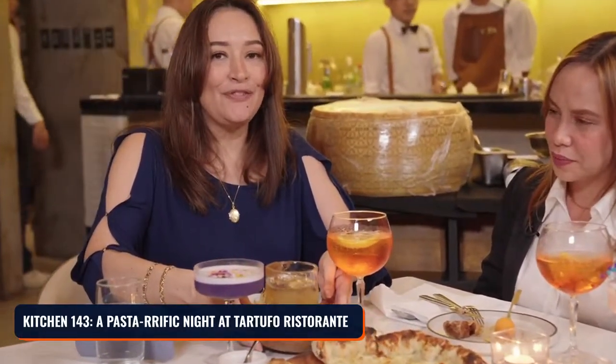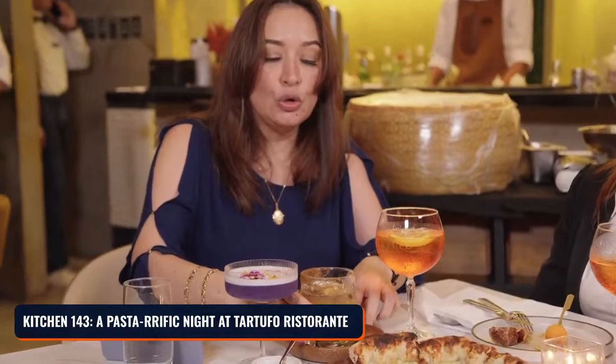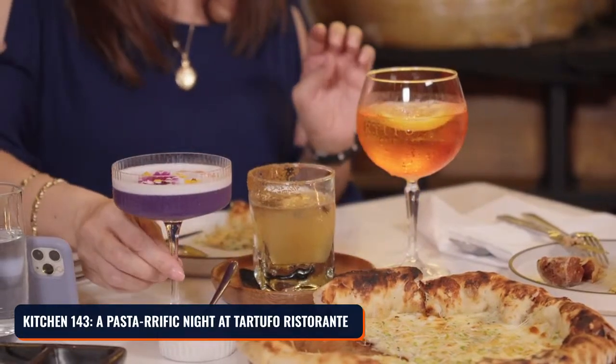This really is my favorite drink. It has some dried pineapple. It's still on fire, guys. It's so cool. I don't know if you can see it. Fun. And then this one is called...